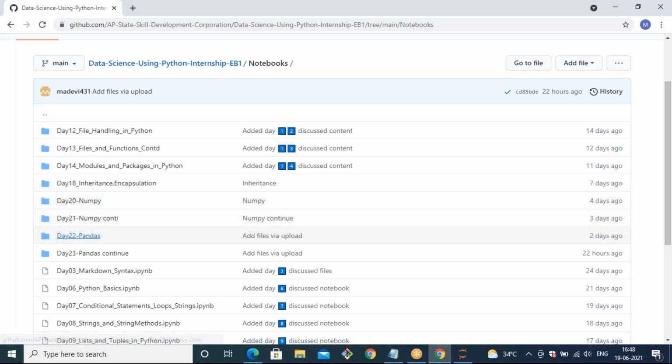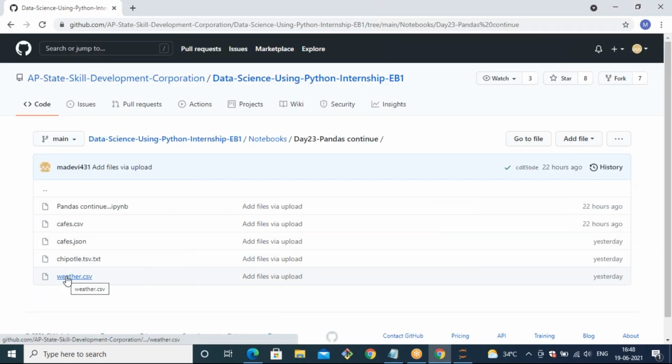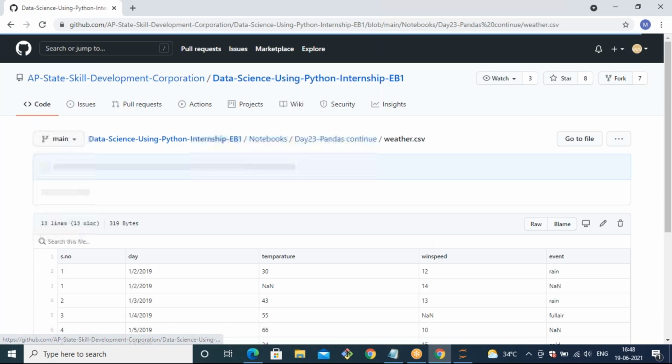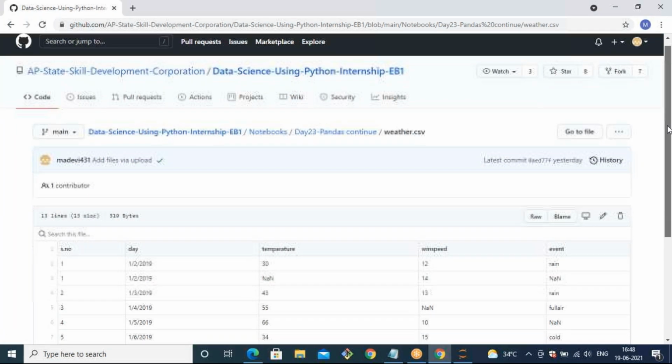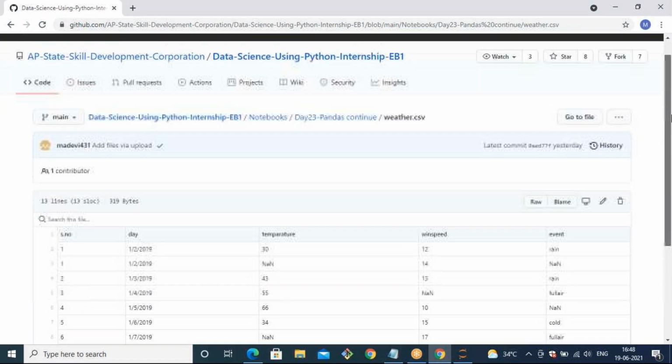So let's take that one only. In pandas day 23, we already have a CSV file, weather.csv. We are going to apply filtering techniques with respect to this weather.csv file only.